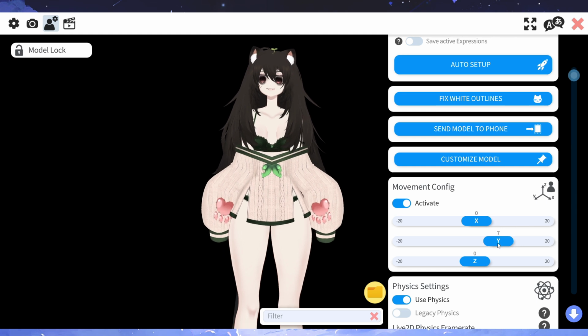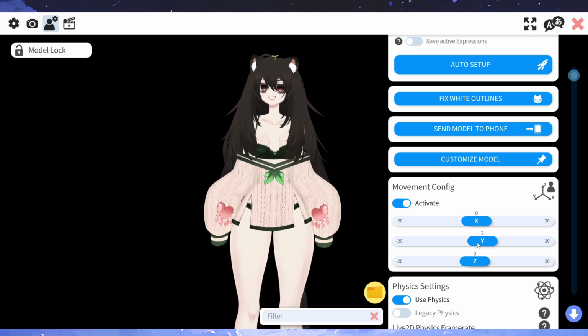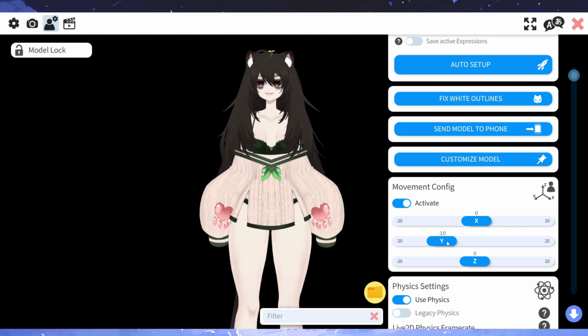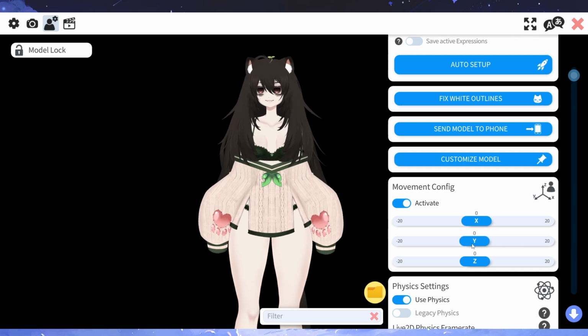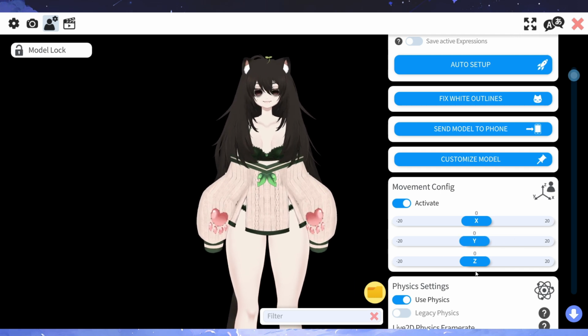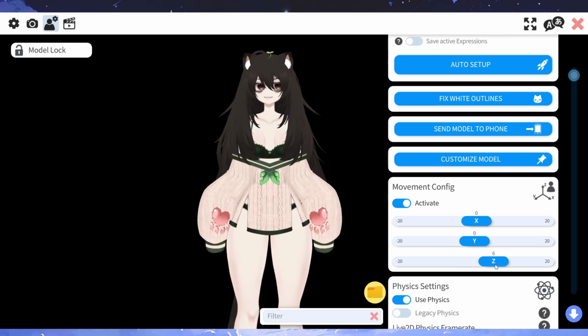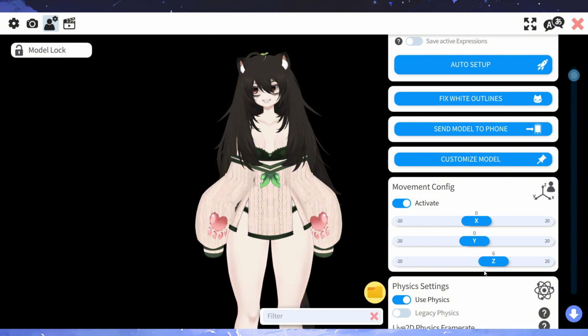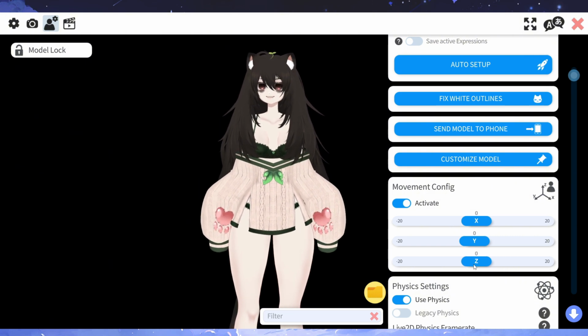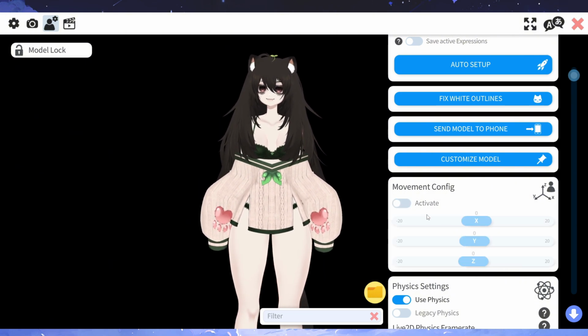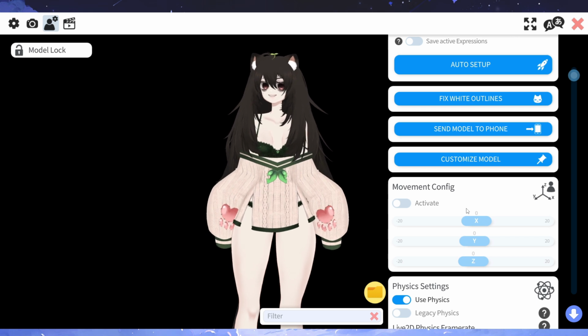Now up and down, same thing with Y. That's more down, that's more up. Now Z is usually the little tilt, but for this tutorial, it's actually zooming in and out, like going back and forth like that. Now, I usually have it turned off because I don't like movement configuration that much,